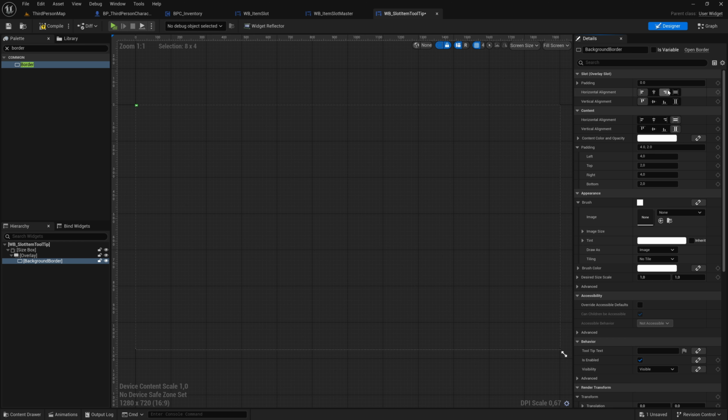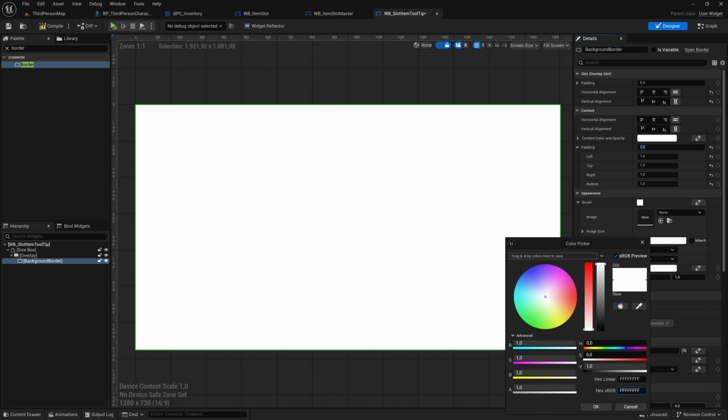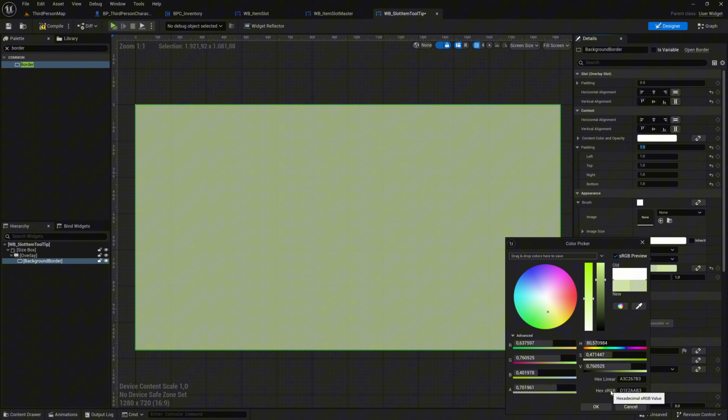Set its horizontal alignment and vertical alignment both to fill. This makes sure the border stretches to the full size of the overlay container. For the padding, set the content padding of the background border to 1. This will later create a thin line around the window, adding a subtle border effect. Now set the brush color to hex D1E2AB3 with an alpha of 0.7. This gives the outer frame a soft color tone and makes it slightly transparent so it doesn't feel too solid